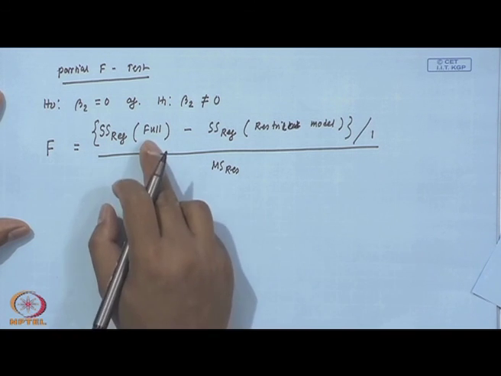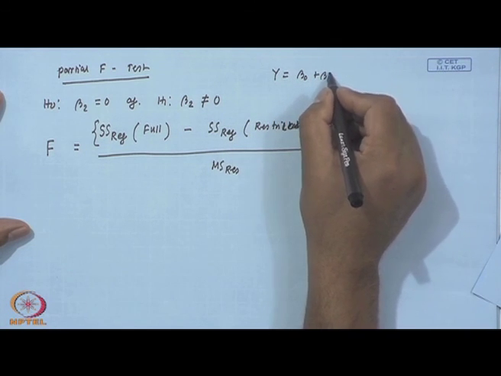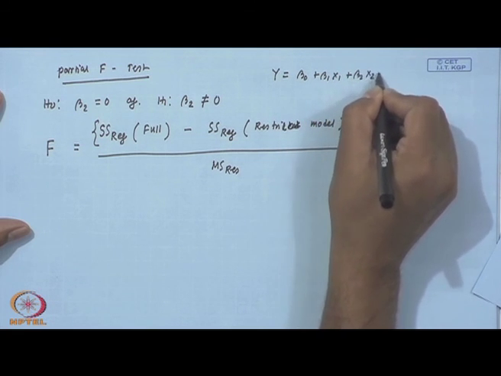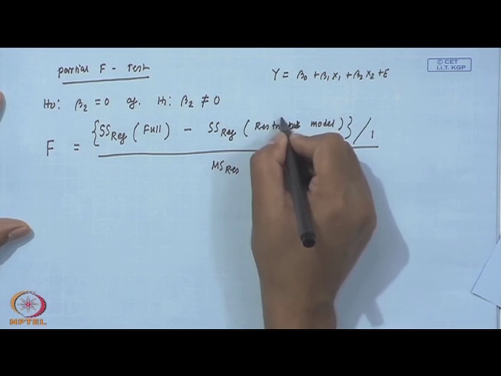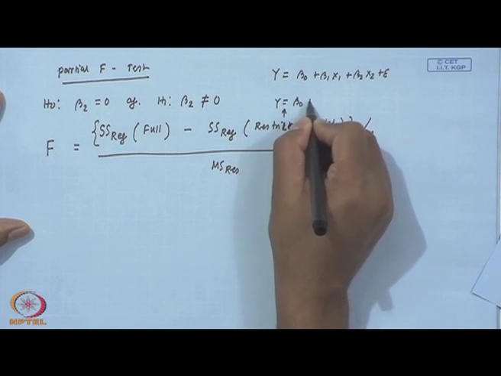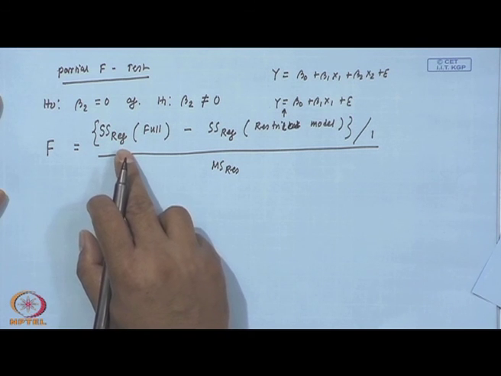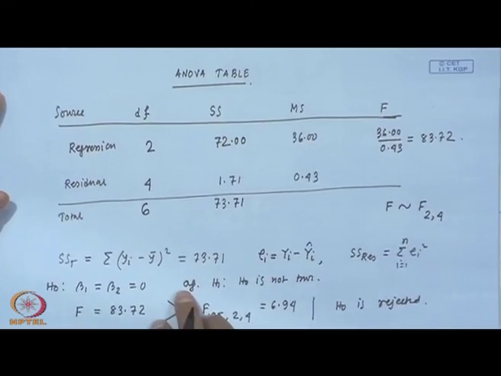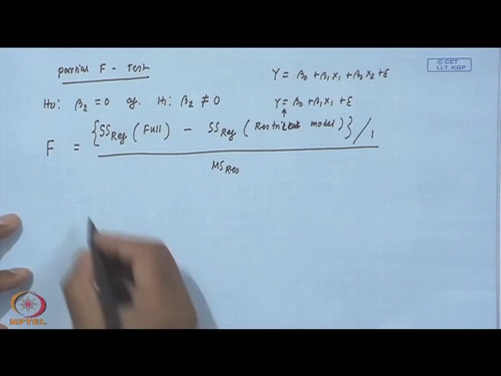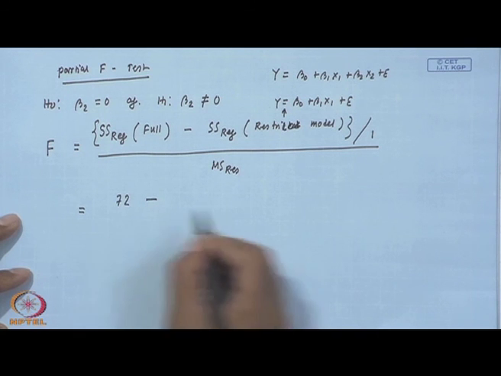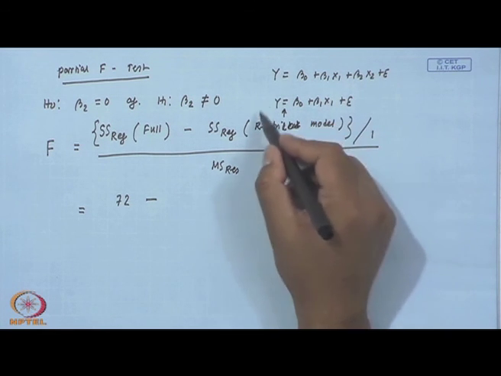Okay. We know what the full model is. The full model is y equal to beta naught plus beta 1 x 1 plus beta 2 x 2 plus epsilon, and the restricted model is the model under H naught. So, the restricted model is basically y equal to beta naught plus beta 1 x 1 plus epsilon. Okay. So, we know SS regression for the full model. If you look at the ANOVA table, SS regression for the full model is 72. Okay. So, here we will put 72 minus, now to find the SS regression for this restricted model,